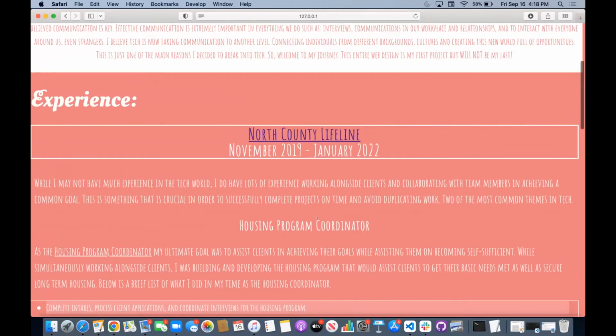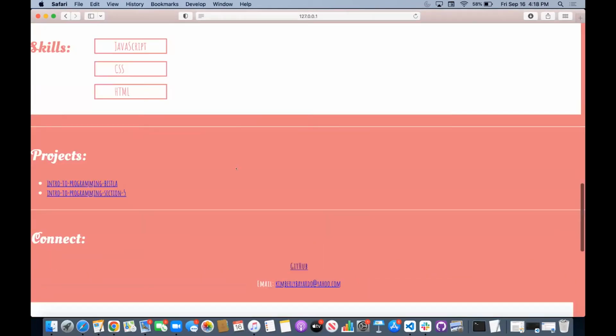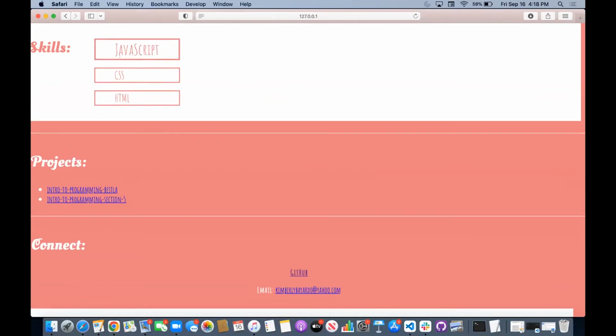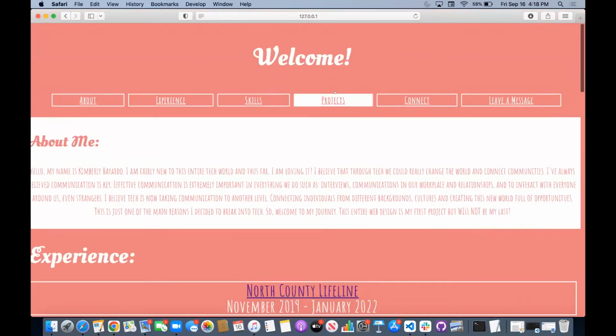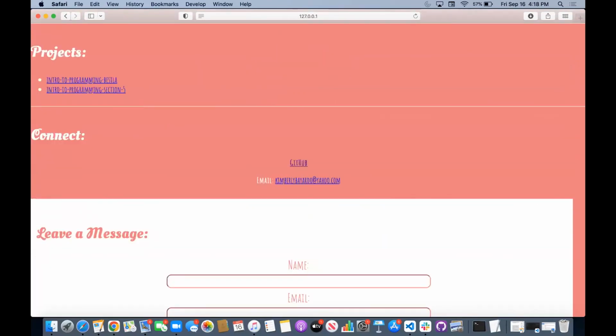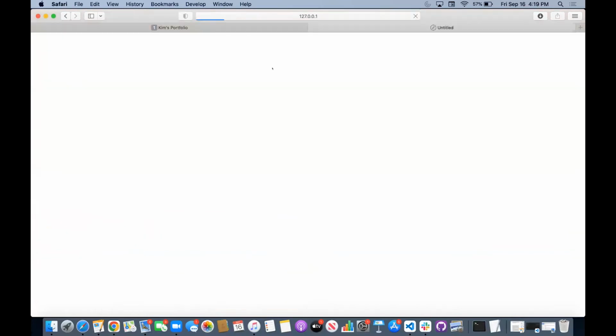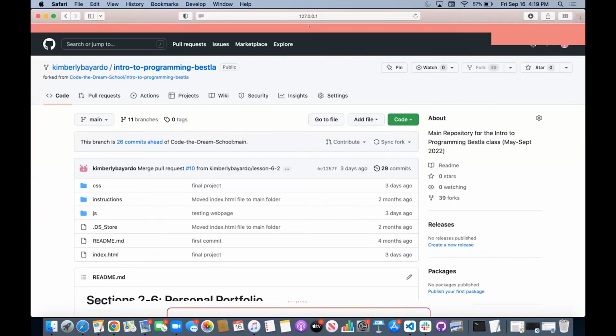And then I have my skills. So yeah, I just added JavaScript, CSS, and HTML. I did do a little fun hover thing. And then we have the projects. So the 2 projects, the links are there as well. And then I added a really cool thing on there. And then I can click on them and it'll take me to the specific website and stuff,